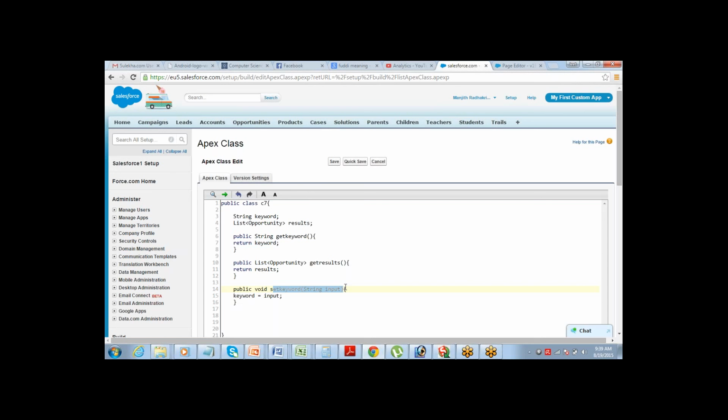So here we are basically giving the value input to the variable keyword, right? Do you remember the param function that we did for the Visualforce page? What were we doing in that? Just explain it to me. What did we do? Anyone who remembers? We were passing the parameter. Now, what is a parameter? What were we passing?